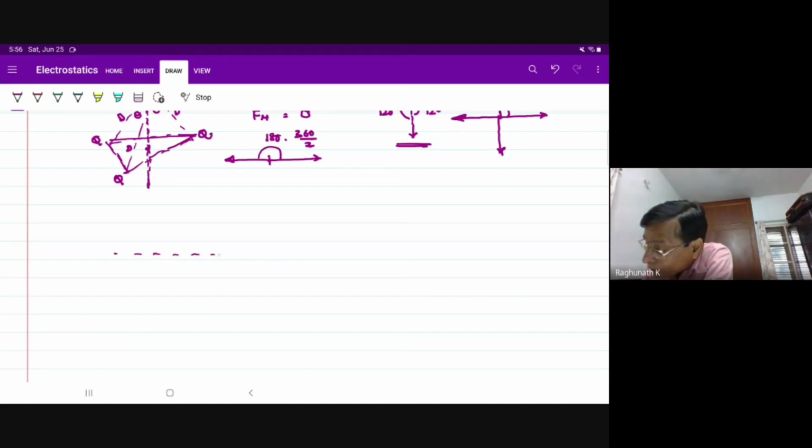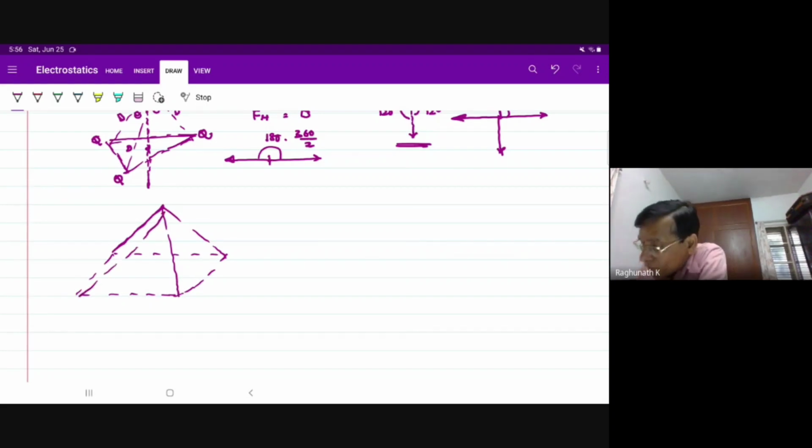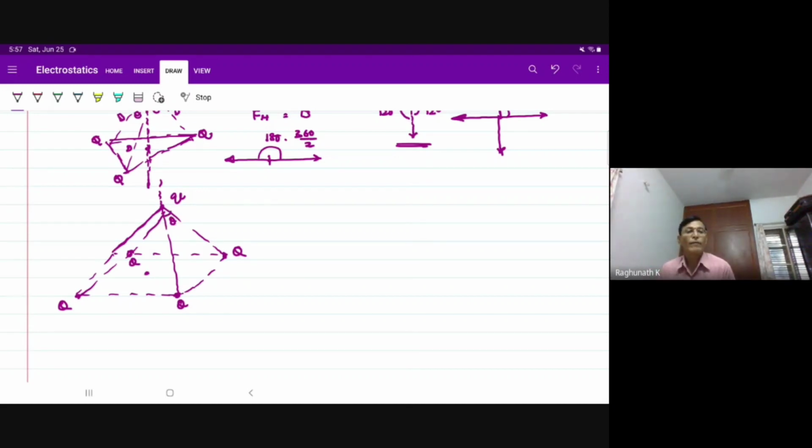In the same way, if I talk about a square pyramid, with its vertex again above the centroid of this, definitely with the charge Q kept at each of the corners, each charge is at the same distance, and the radius vector joining the charge small q and capital Q is inclined at the same angle from the vertical, because of which, if that angle is theta, from the vertical I'm measuring,